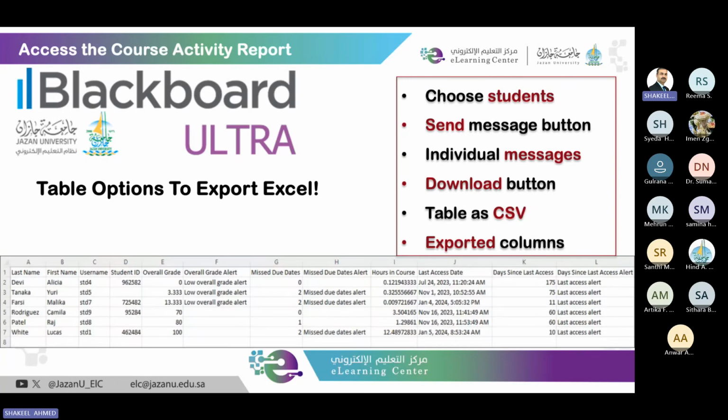There is also a download button that lets us export the full table as a CSV file. This file includes all the columns we see here, such as students' names, IDs, overall grades, missed due dates, hours in the course, and last access. Everything is available in this table.